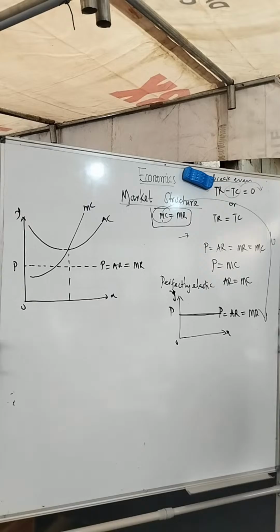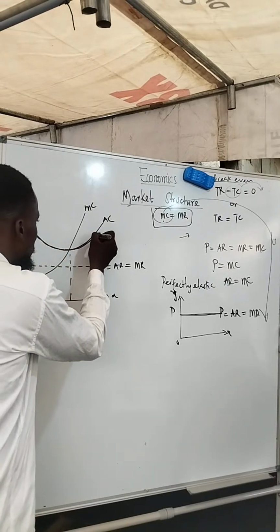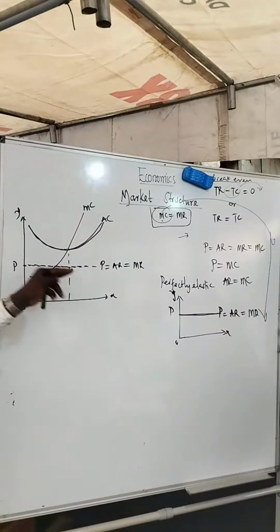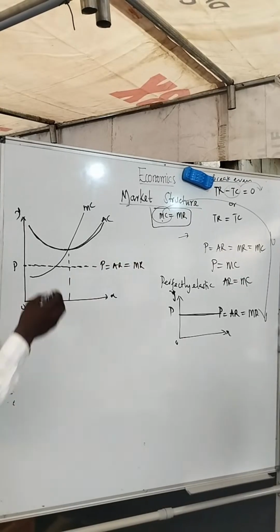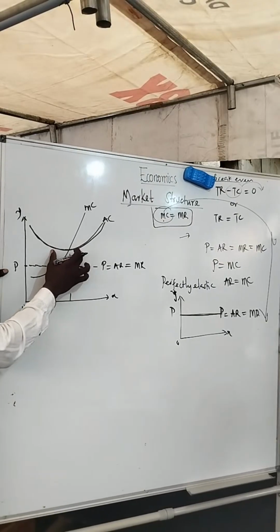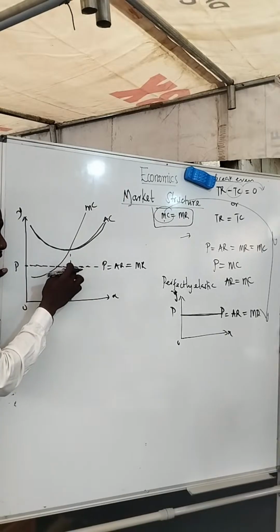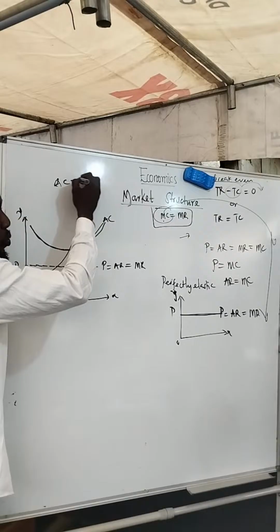What now? This is the average cost graph. This graph like this is average cost, and this place is our price. Our price is the same as our average revenue. It is the same as our marginal revenue. But you can see this price is under this. It is not close to it. It is not meeting it. So if your average cost cannot be at least your price, you will be